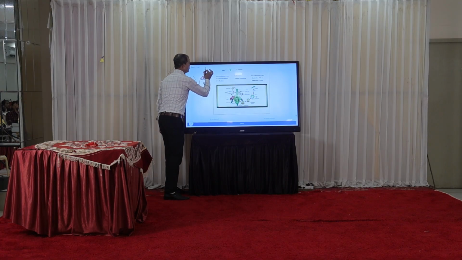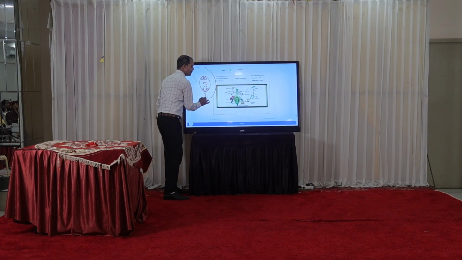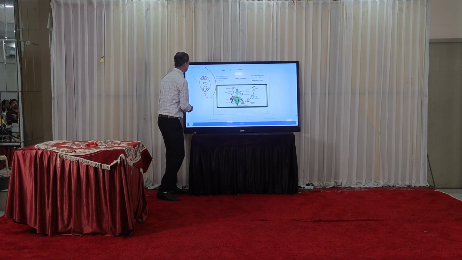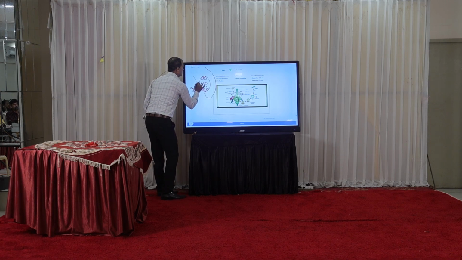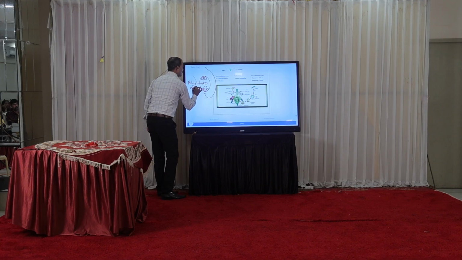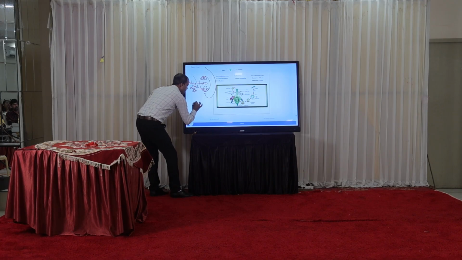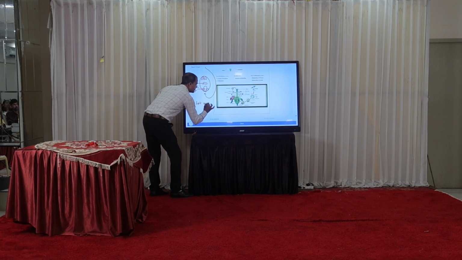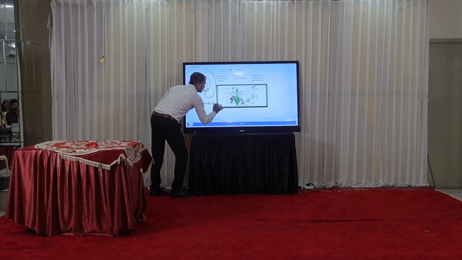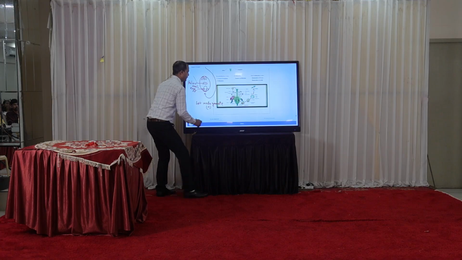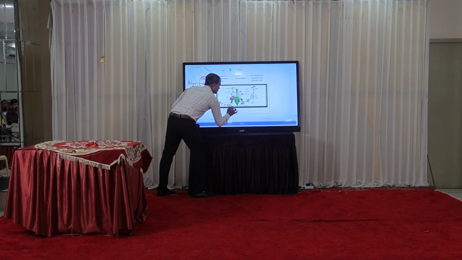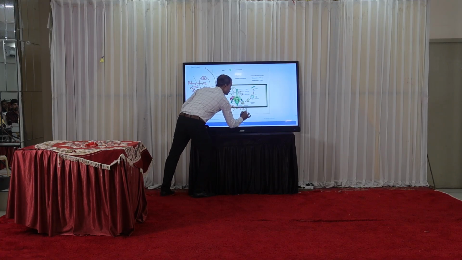Now this pollen grain comes and produces two male gametes, right? So the first male gamete, which is haploid, as you all know, fuses with the egg,